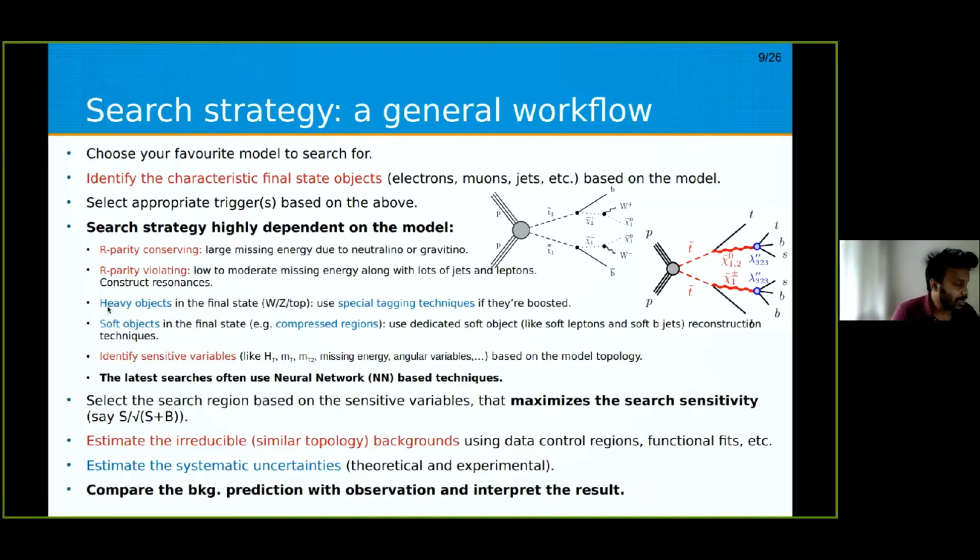And then, of course, you have to decide your sensitive variables, like the ones I mentioned in the previous slide: HT, transverse mass, MT2, missing energy. You can construct angular variables, etc., based on your model topology. And the latest searches nowadays often use different neural network based techniques. This is becoming more and more common at the LHC, to use neural net based techniques to improve